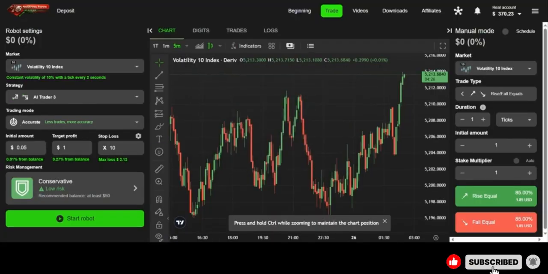So if the robot takes 10 trades in a sequence and loses all the 10 trades, you're going to lose just $2.13 off your account, which therefore means you can do this 5 times before your account goes down to 0. And now, with this particular setting, it's difficult for you to have your account go down to 0 because the robots are very, very profitable in as much as you select the right condition of the market,